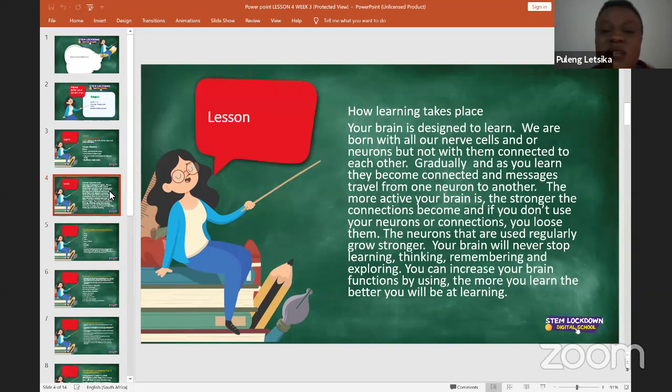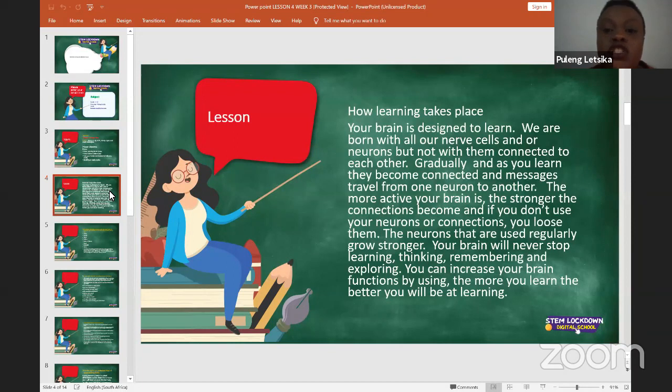And then the neurotransmitters that you use the most are the ones that will grow the most. So the area that you practice in the most is the area that you will make the most progress. And the neuron connections that you don't use the most are the ones that you are going to lose.